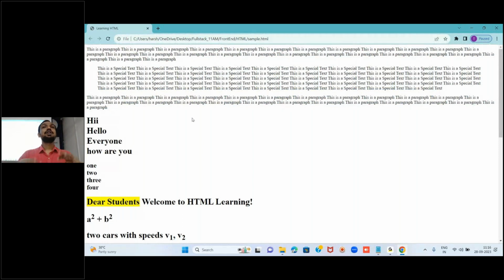Got it? So why we generally use quotes: if you want to put any text under quotations, like you feel some text is a special text, or the words told by one particular person you want to say as it is, then we generally put them under quotes. Same works for here also. But if you have some more lines, if you want to pay more attention to that particular text quoted by someone,